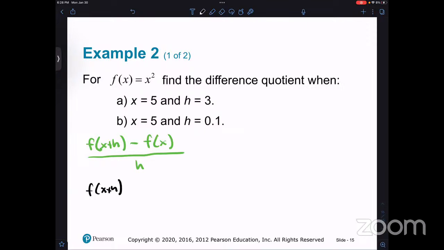Okay, so then all we're doing is replacing each x with x plus h. So that means we're gonna have this guy, and that expands into this 2xh plus h squared, right? So then let's go ahead. We got this f of x plus h minus f of x, and this is what I did in my recording this morning.